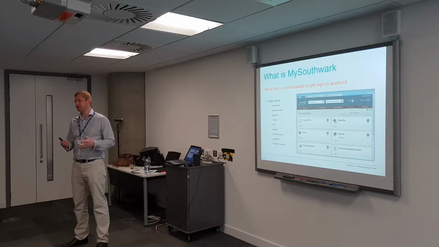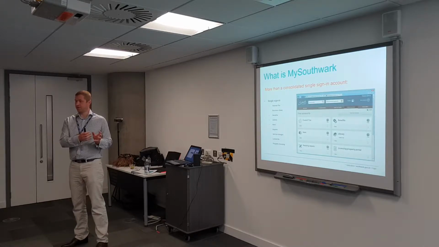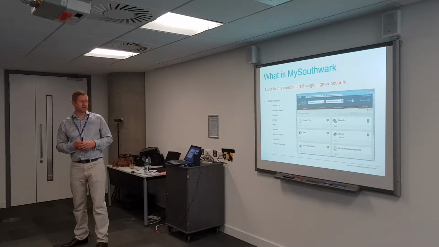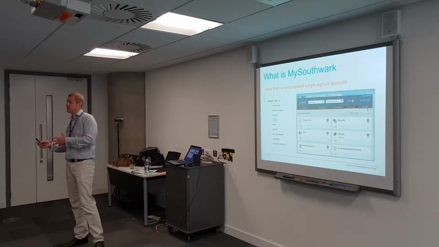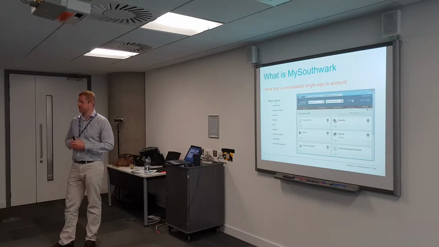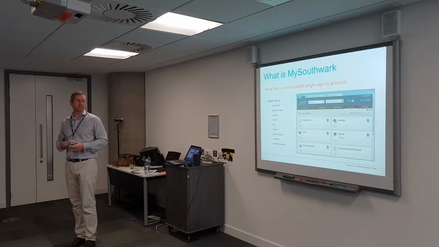Obviously, different suppliers would have different things. You may have different data sets for different systems. We don't hold national insurance numbers for our rent account holders, so we can't use that as a unique identifying piece of data. So each of those integrations was done with different suppliers using different pieces of data, and always making sure that the primary thing was that people can only ever see their own data, but that it's only a process they have to go through once to be able to see their account the next time.